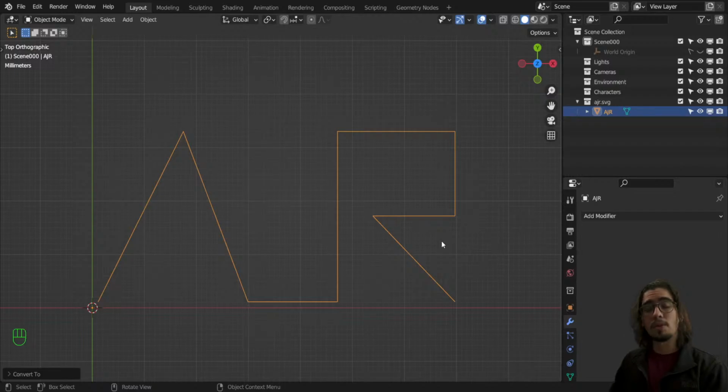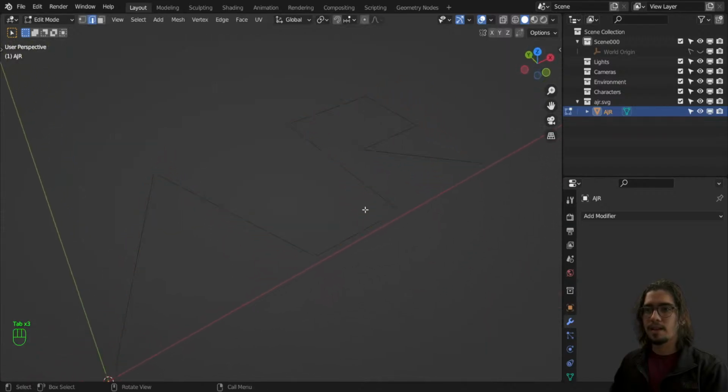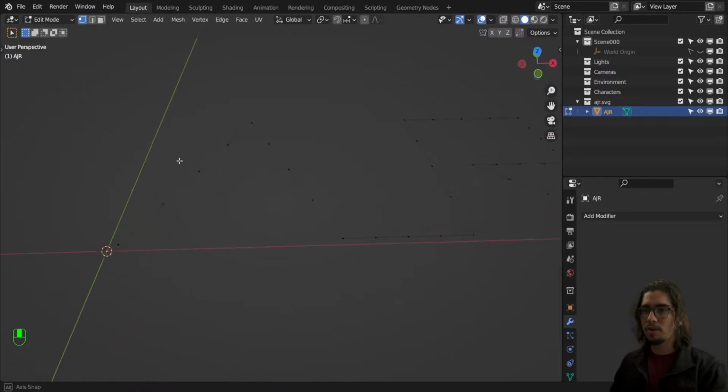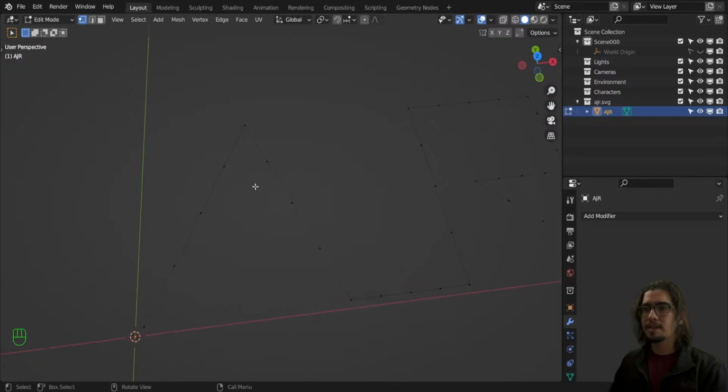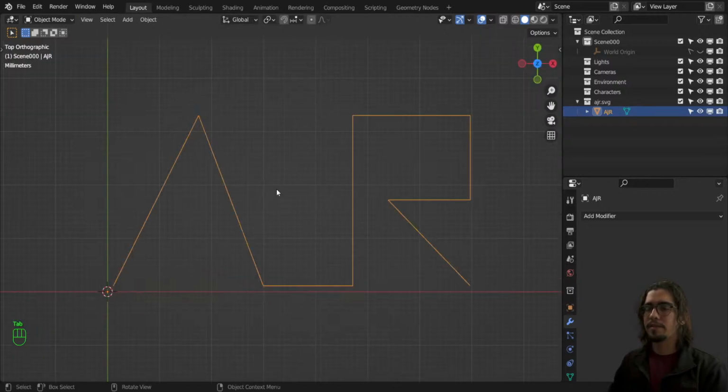And now we're no longer working with curves, we're actually working with a mesh. If I press Tab and go to the vertex selection by pressing 1 on the numbers at the top of the keyboard above the QWERTY keys, you'll see that now I have more points to work with than I had before. And this is important when we start applying materials and when we start manipulating this